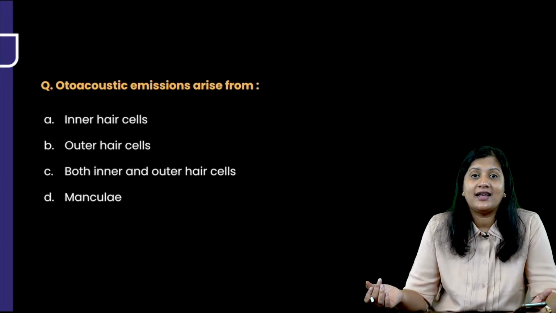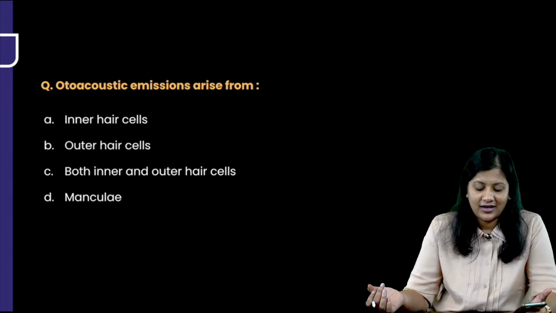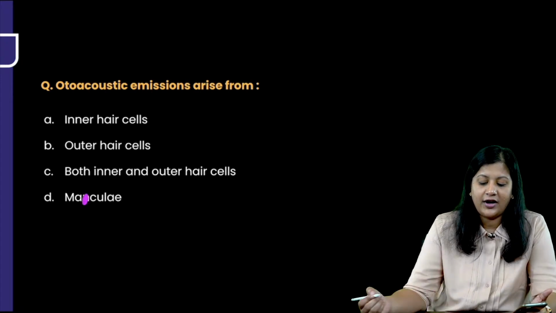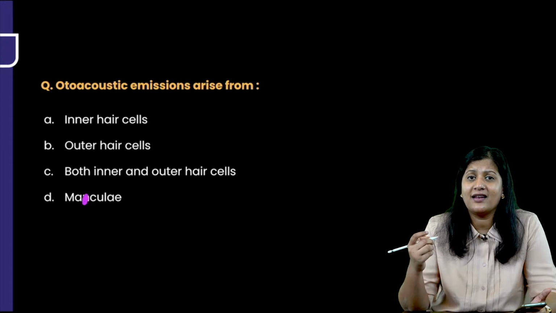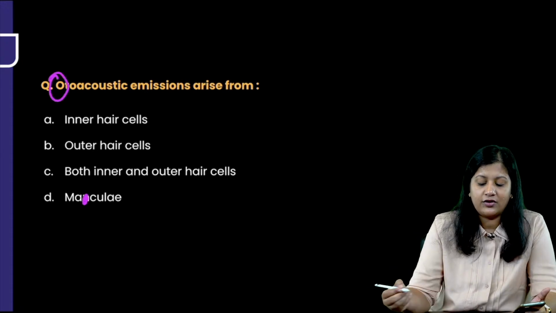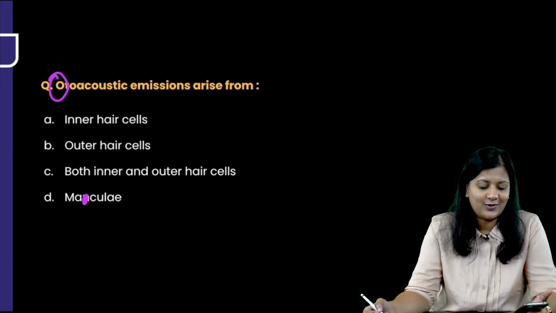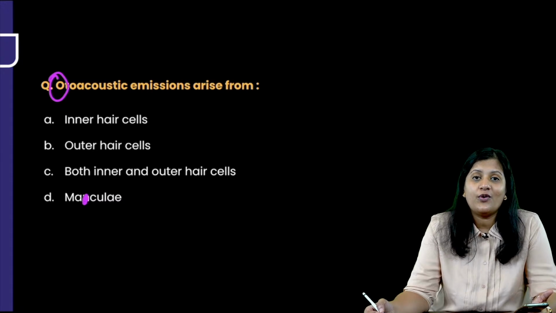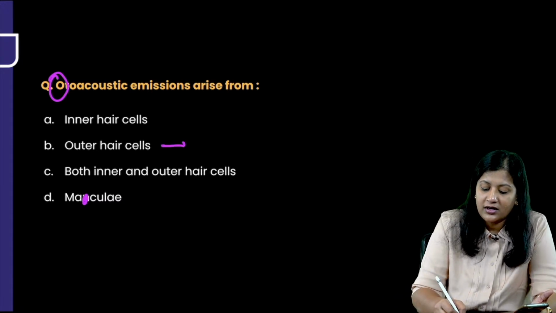Otoacoustic emissions arise from inner hair cells, outer hair cells, both inner and outer hair cells, macula. So from where do you get otoacoustic emissions? This is again a very easy O for O. I'll give you a hint. Now at least you should be able to answer. Yes. So otoacoustic emissions come from the outer hair cells because outer hair cells are